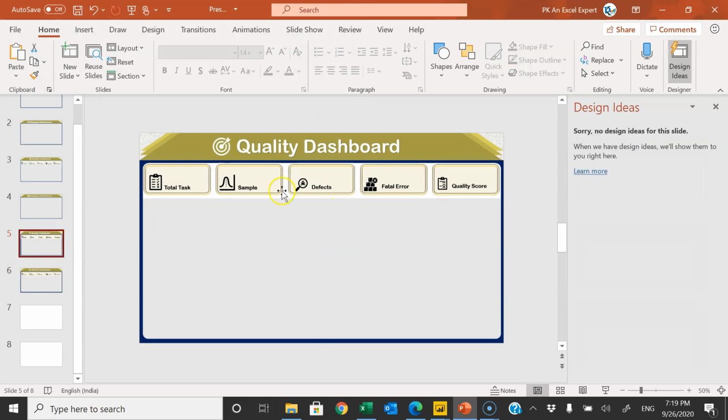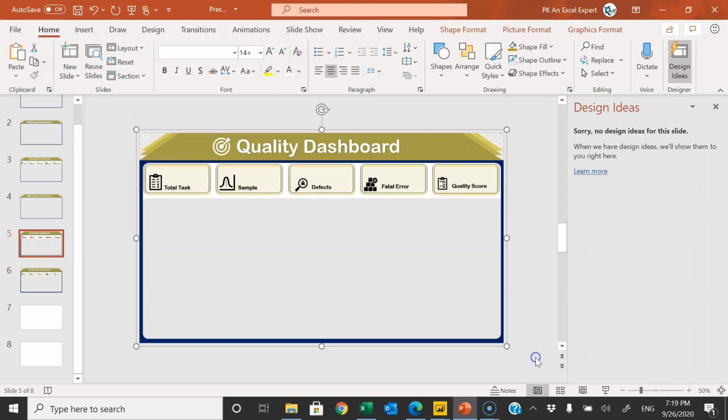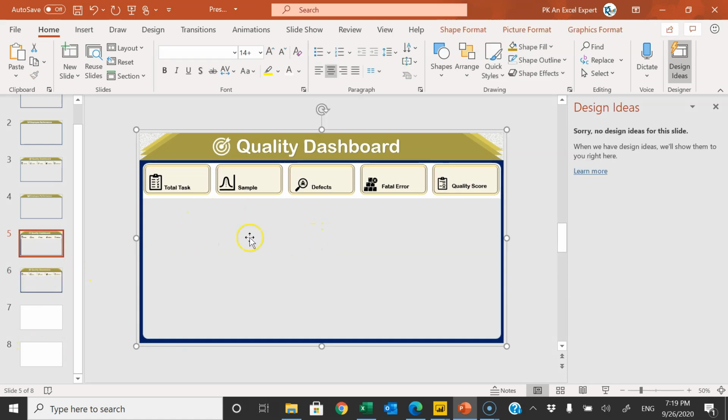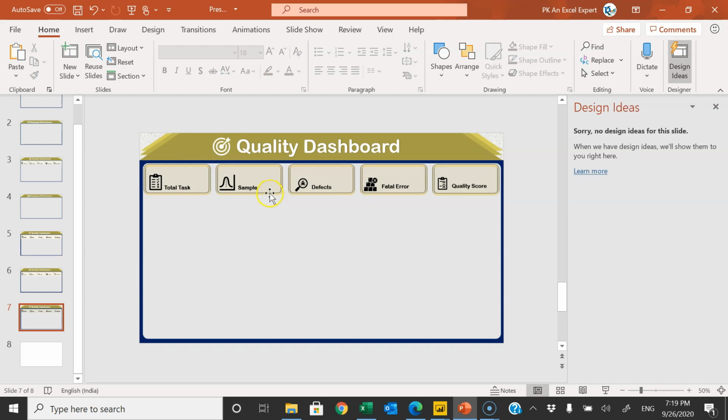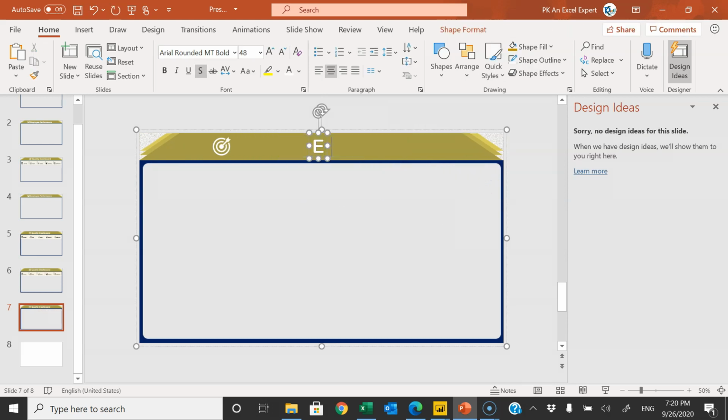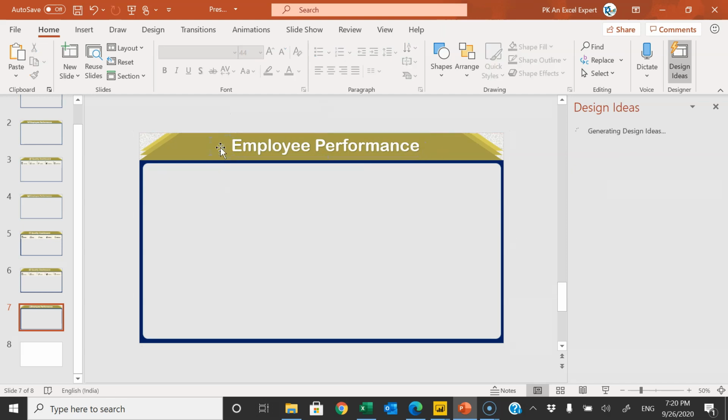Alright, quickly we will create the second background. So we will make a copy of the first background, not this picture. We will take with the shapes this group and let's paste this here and here we will delete this white rectangle and we will delete these boxes from here. Here we will put the employee performance. We can delete this icon also.